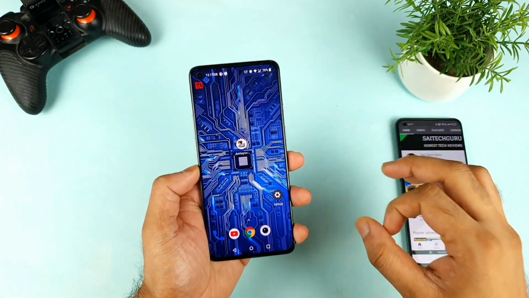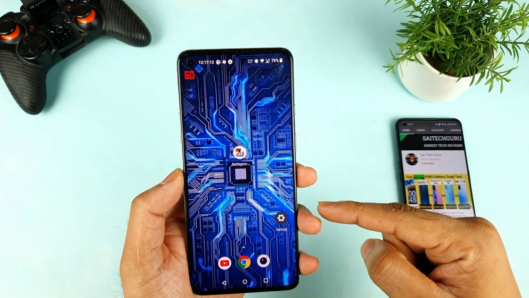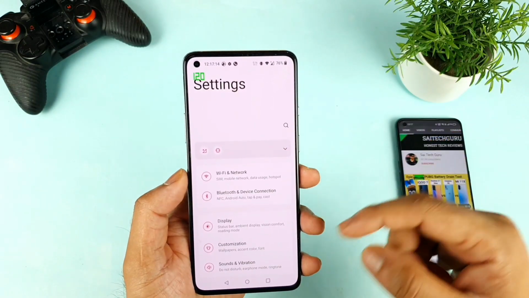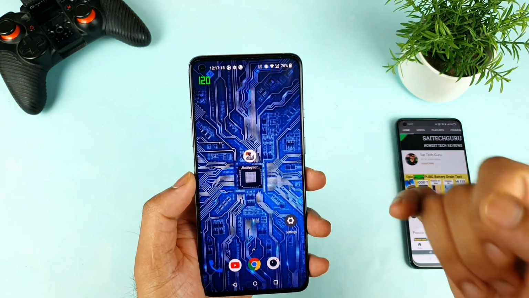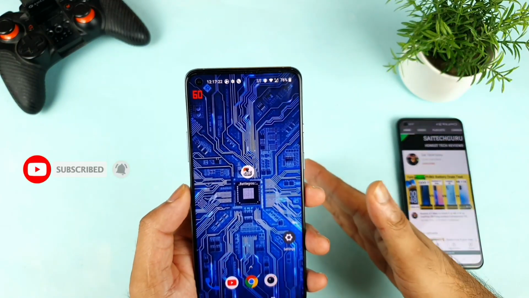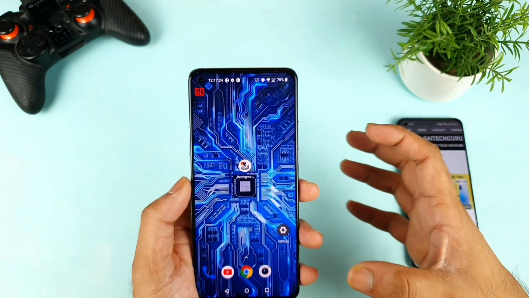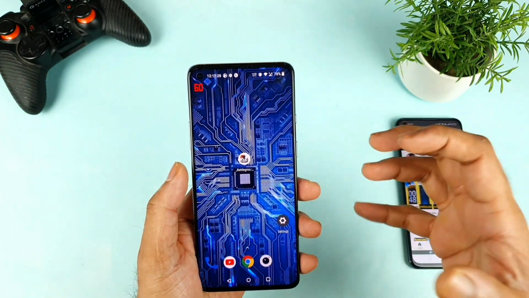In today's video I'll try to review the gameplay of Battlegrounds Mobile India on the OnePlus 9R device. Yes friends, finally, a lot of viewers have been requesting this kind of video on the OnePlus 9R, whether the phone will be able to support 90 FPS or not. I'll use the default FPS meter and even a third-party FPS meter application as well. So make sure to watch till the end of the video, friends, and I'll check plenty of other